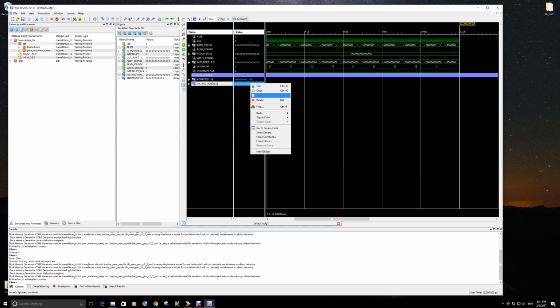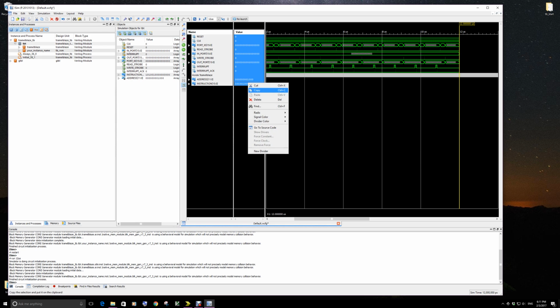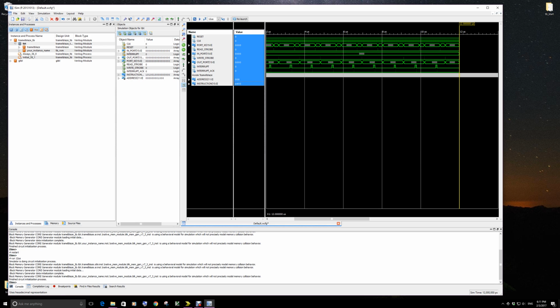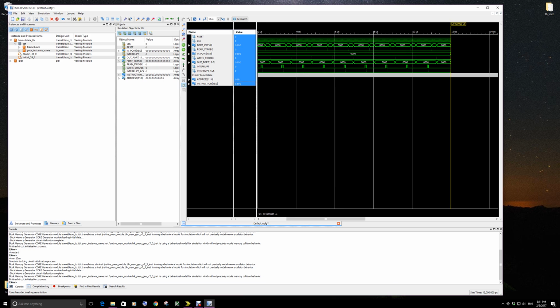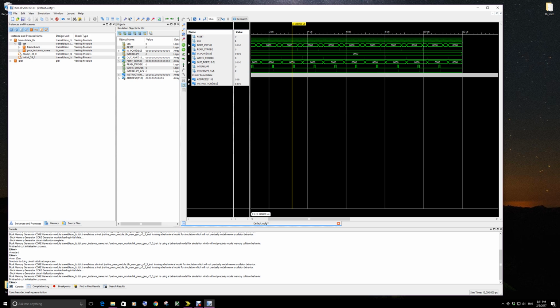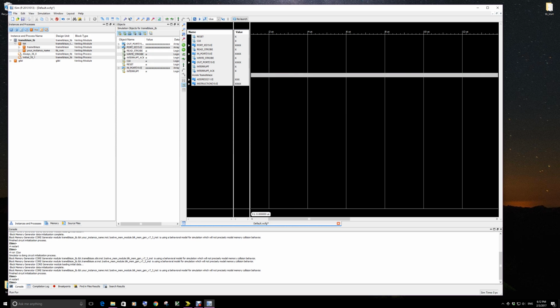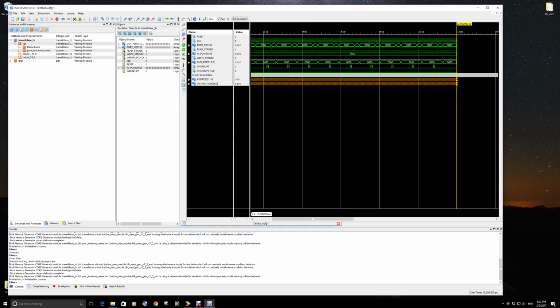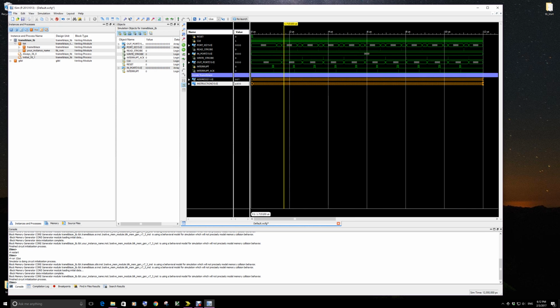Let's come back over here. Let me select them. Change the radix to hex to make it a little bit easier. We can then scoot this window over some so we can see a little bit more. Now I'm going to reset it and run it again. The first thing I want to demonstrate is when you zoom in,